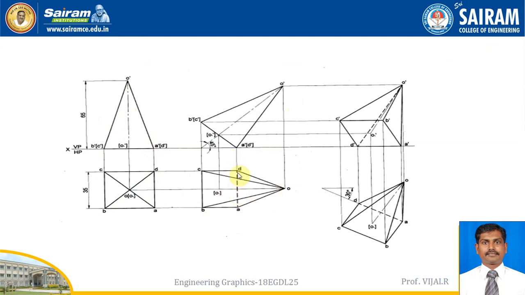Then this is the hidden edge. When seeing from here we cannot see the edge AD, so it's hidden. The remaining others are visible, and the visible edge, whatever it is, will be joined with O, visible edge only. So C is visible, so CO is a dark line. B is visible, so BO is a dark line. But these hidden lines will come.